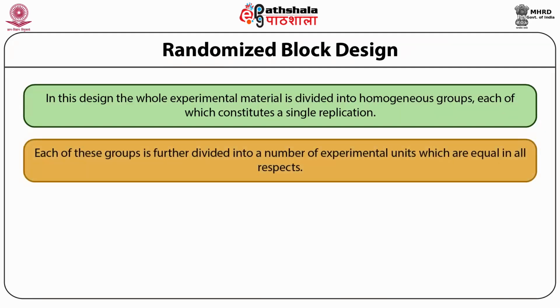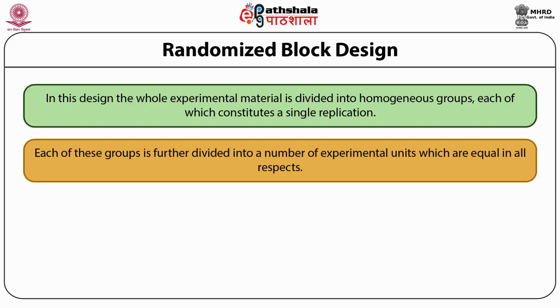So each of these groups is further divided into a number of experimental units which are equal in all respects. What it means is that this block contains a homogeneous kind of data. The treatments are applied to these units by a random process. In case of field experiments,